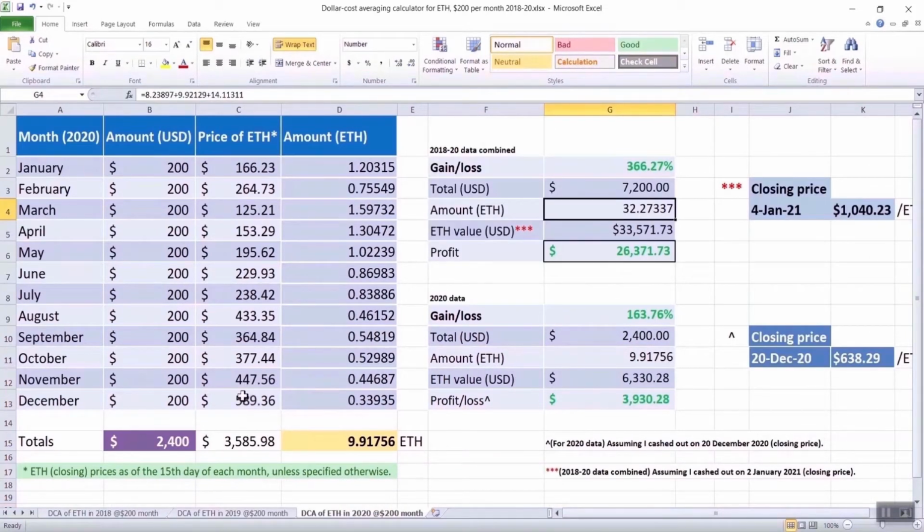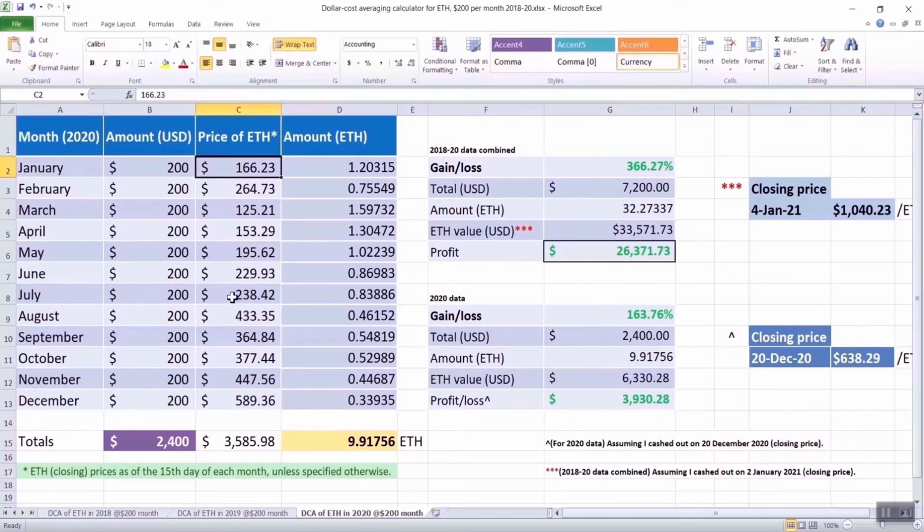But the situation completely reversed last year, where, as we can see, and factoring in as well, I will mention Ethereum over the past few days in early Jan has had an incredible run up. Things started to pick up from about July, so we got prices up into the 500s there. For most of this 3-year period, you've been able to purchase the whole Ether. So for 2020 alone, the $2,400 invested, just under 10 Ether purchased, your investment would have reached $6,330, so a profit of just under $4,000.